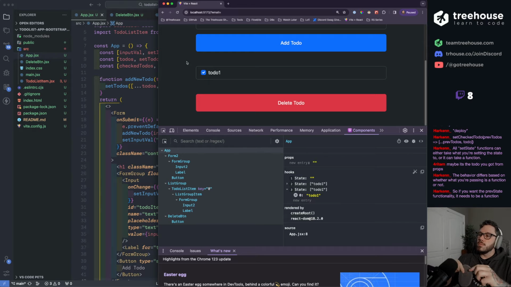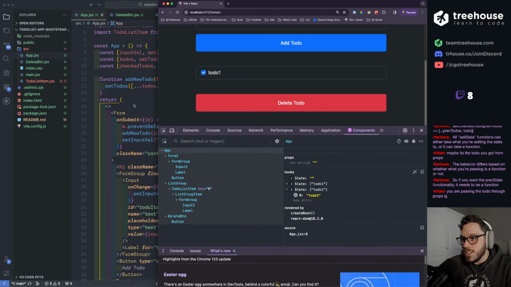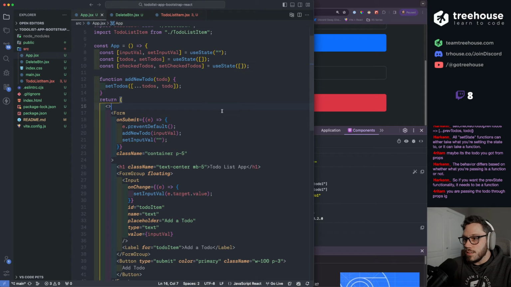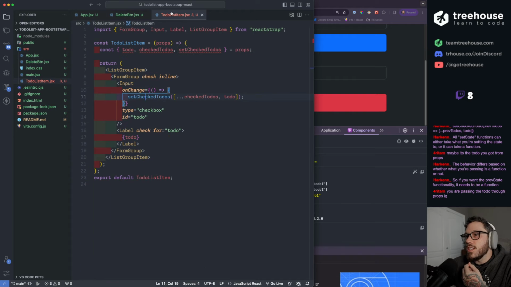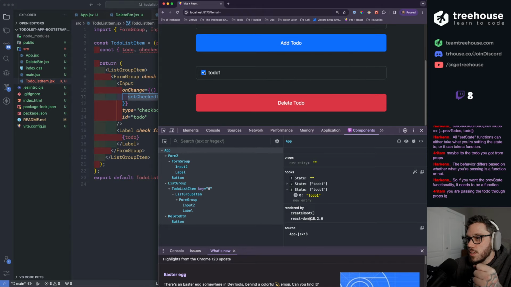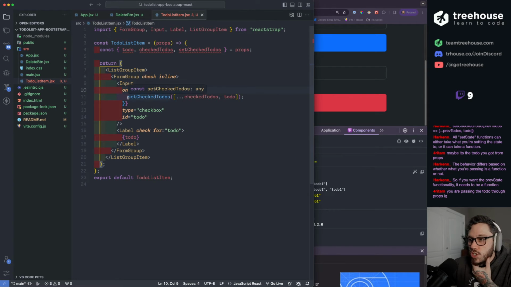Does make sense. Cool. So now that we have it in state, it should be pretty easy to delete. It should be pretty easy to update, I think. Actually, no, this would be very confusing for me. So now that I have an array of the checked items, let me see if it takes it out. Okay, so now we have an issue because when I on change, I need to check and see if it's checked first.